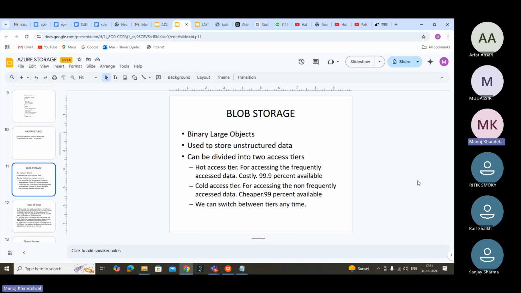Same way, when you take the blob storage, you can either go for the hot access tier or the cold access tier. If your data is going to be accessed on a daily basis, frequently, then use the hot access tier. It will come faster and will be stored in faster storage. In blob, we don't get both cold and hot at the same time. No, you have to switch between the tiers.